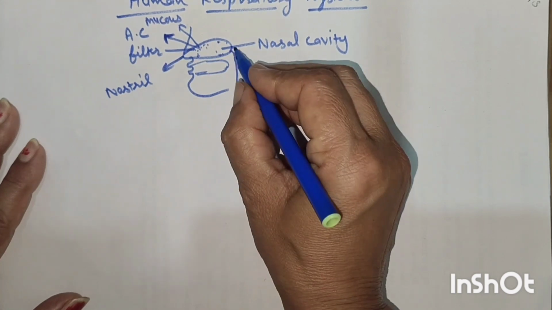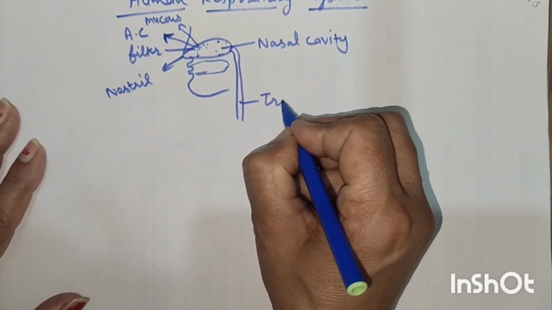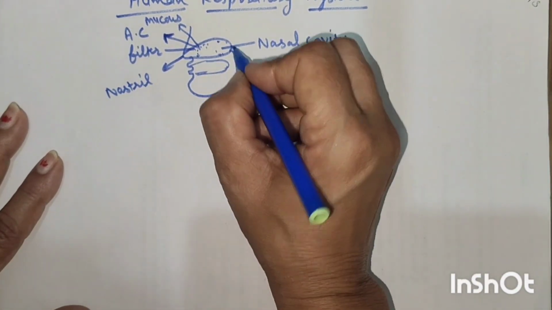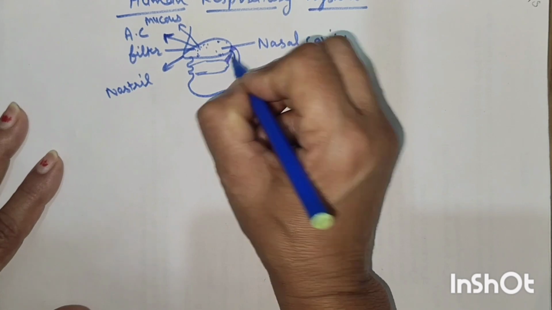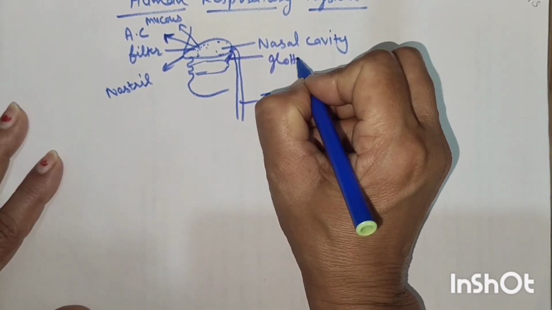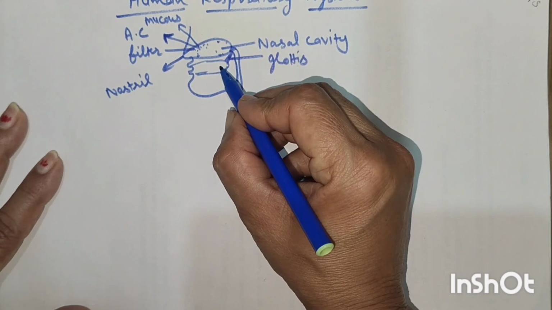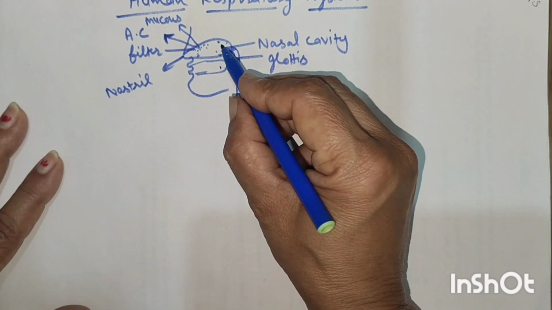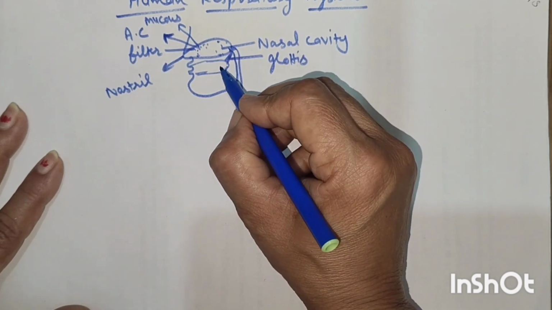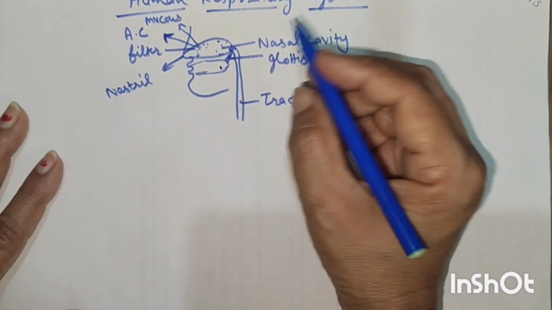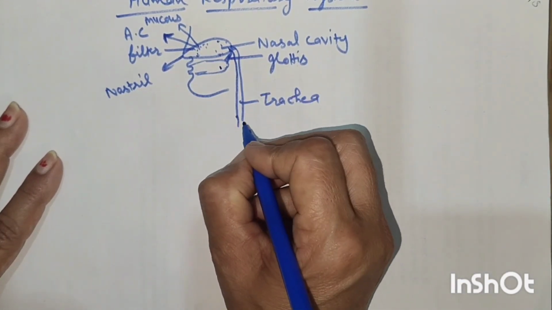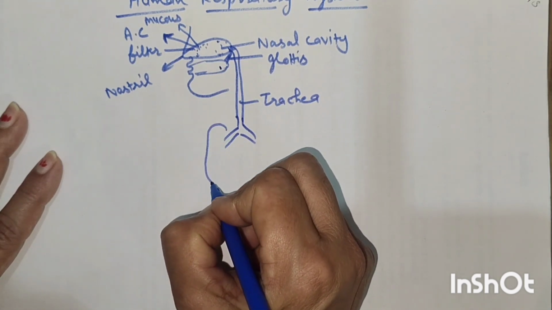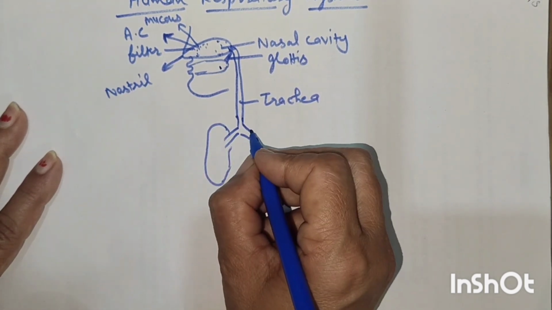This is called trachea. Here is a flap-like structure that is called glottis. This glottis, when we take food, closes the windpipe or nasal cavity. And when we respire, it closes the food pipe or the buccal cavity. Now this trachea divides into two bronchi, and these bronchi enter into the two